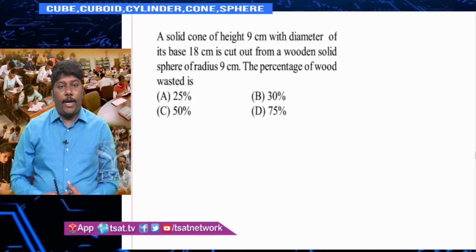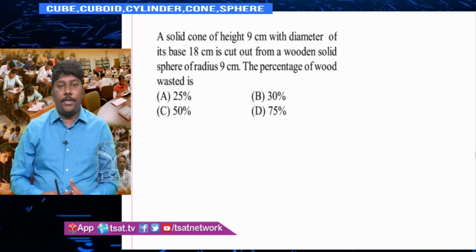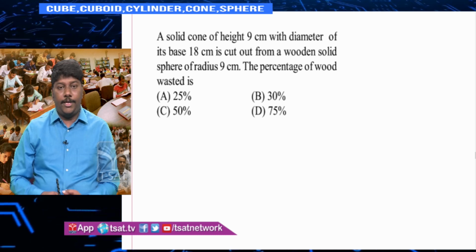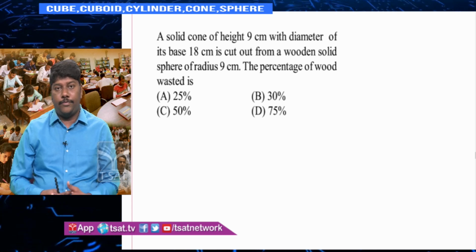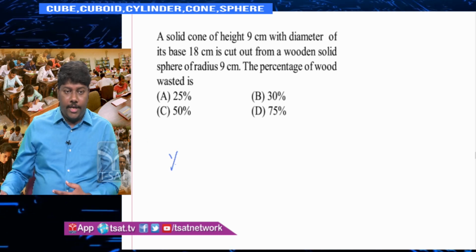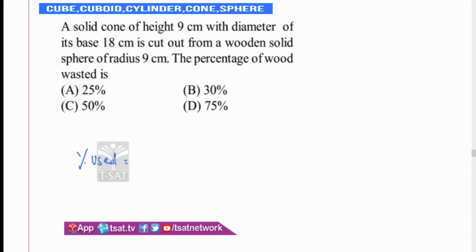A solid cone of height 9 cm with the diameter of its base 18 cm is cut out from a wooden solid sphere of radius 9 cm. Find the percentage of wood wasted. First of all, you can't find the percentage of wood wasted directly, so find the percentage of wood used. So percentage used is equal to, you are carving a cone out of a sphere, therefore volume of cone over volume of sphere